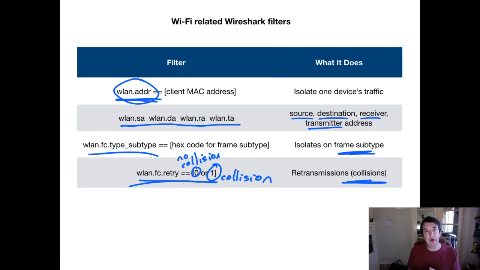And this is the workflow I would recommend. Find out what channel that client is on, find out the client's capabilities, make sure your capture tool has the correct capabilities, start a capture on the channel and the channel width of the client, have the client do something, whatever it is you're trying to get information about. Maybe have the device turn on and turn off. Maybe have the device walk out of the room and walk back in. Maybe have the device run whatever application, do whatever web browsing or emailing or whatever messaging application people are having